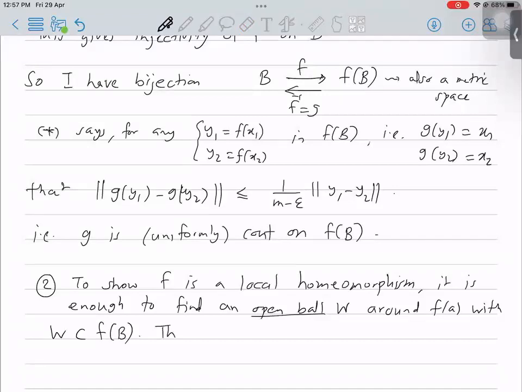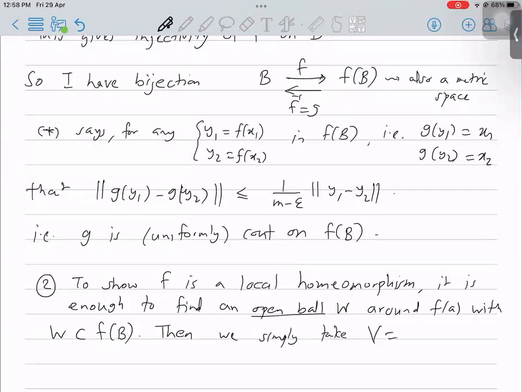No, I was about to say that f of B will itself turn out to be open, but I'm not sure about that, because we have assumed the continuity of f prime only at a single point. So I'm not sure about this, but what I'm saying here is it will do the job. Okay, so then we simply take